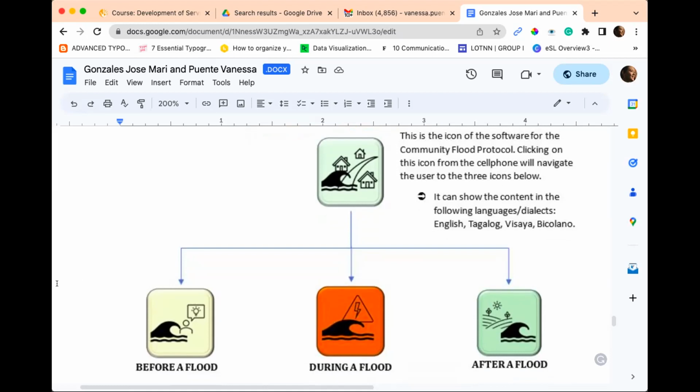So in case a household will panic and will eventually forget, that's what we fear of happening during flood seasons. So they can immediately press on this. Any member of the family can do this and eventually follow the steps that are localized over the community itself. So we do have a procedure on how to respond to such incidents or events. However, the difference of this protocol happens to be more localized or tailor-fit to the needs of the local community. And our students basically will be delegating most of the work to the Sangguniang Kabataan in order to relay the information and share it to the local community as well.